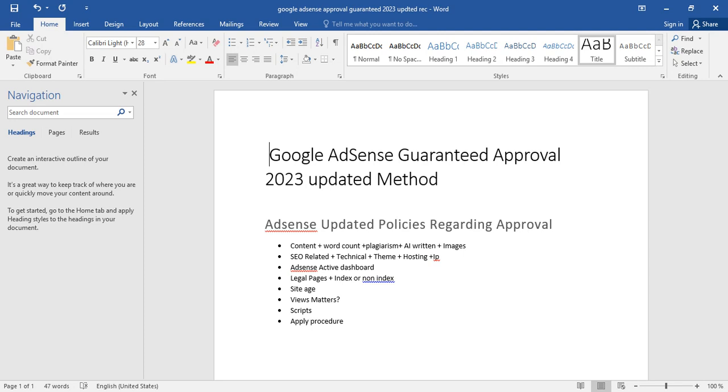And the last point in this line is images. If you are using images from free resources like Pexels, Pixabay, and resources like that, it won't work in 2023, because these images are used often by someone else. Lots of people are using the same images again and again. They have been plagiarized.